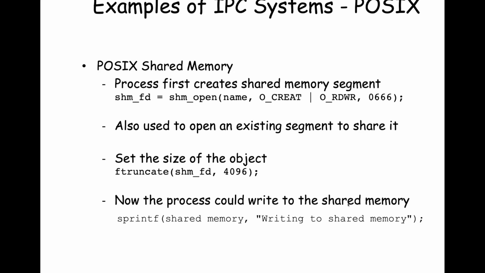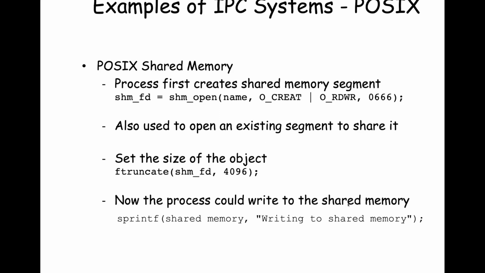And as such, you can actually view the contents of shared memory, because Unix will maintain a special file system to which it associates things that are in shared memory. So you can actually read it and write it and take a look at it. So you can set the size of this object, shared memory, through ftruncate. You give it the file descriptor, and then you give it the number of bytes for that particular part or region of shared memory. So now you can either write to shared memory with sprintf, some data, or you can